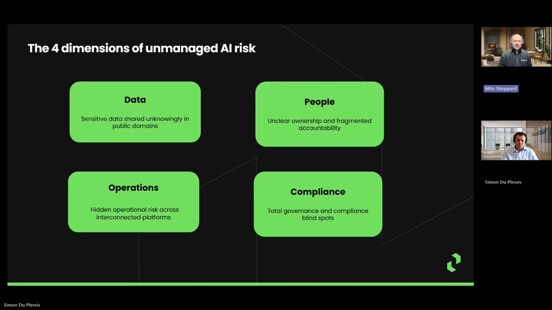Moving on, then, the next risk area is people. Data is arguably our most valuable digital asset, well, people are arguably our most valuable physical asset, right? People are the most important thing in our business, and the way people interact with the data, so it links back to data in some form, is about ownership and responsibility. So different departments will have different responsibilities for their data, how it's stored, how it's shared, but also how